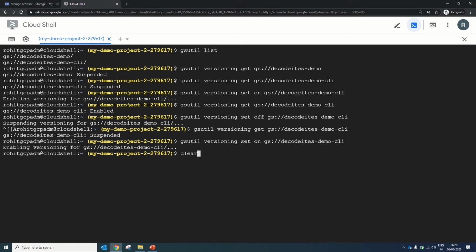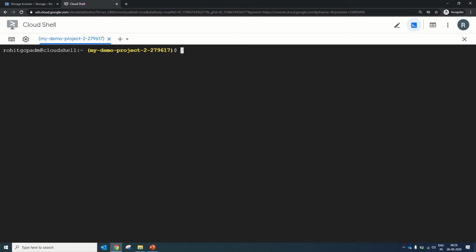Let's clear the window and now we will list the objects in the particular bucket where we have enabled object versioning. For this we will run gsutil ls for list, -r for recursive so that it will go through all the objects in subdirectories as well, and the bucket name gs://decode-its-demo-cli.